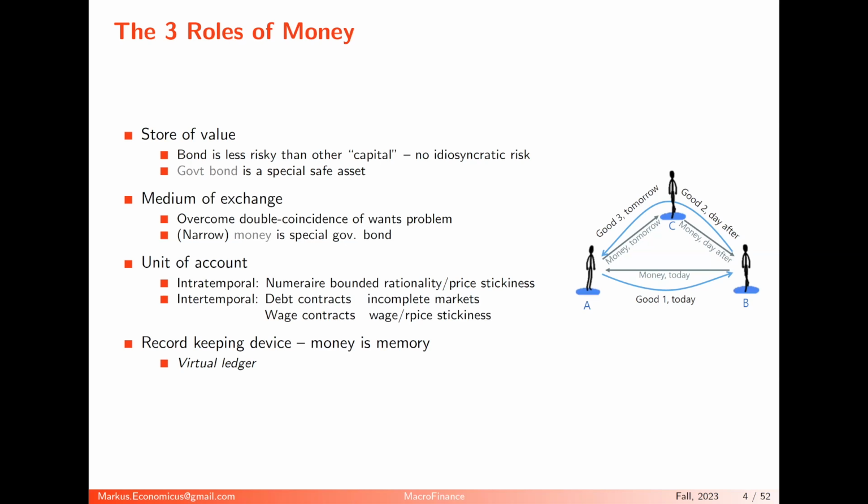Now, the second role besides the store of value role is a medium of exchange role. That's the second role. And what it helps, it overcomes the double coincidence of wants problem. So that's illustrated in this little picture here. There's a Mr. A, Mrs. B, and Mrs. C. And A has some apples, but he wants some cherries from Mr. C. And B has some bananas, and C wants this banana. So there's nobody who can do a barter. A and B cannot do a barter because A would like to have cherries, and B would like to have the apples, and nobody. So they have a double coincidence of wants problem, and the barter economy doesn't work.